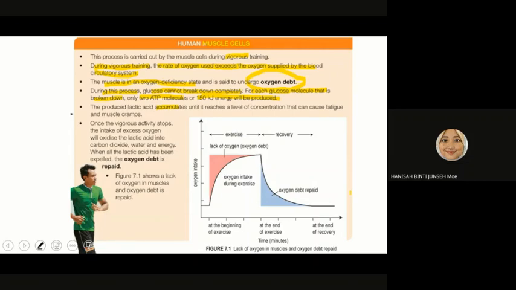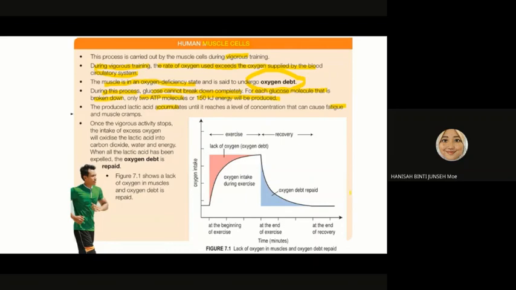Kalau kamu perasan, whenever you run atau kamu buat aktiviti yang sangat cergas, sangat memenatkan. Istilah penat itself, fatigue. Okay? Pernah kamu rasa lari-lari, kaki kamu sakit, lemah, macam tu kan, cramp. Sakit kaki lah, sakit kaki yang kejang, macam tu. Sebab apa? Because the lactic acid. Okay, itu adalah lactic acid.